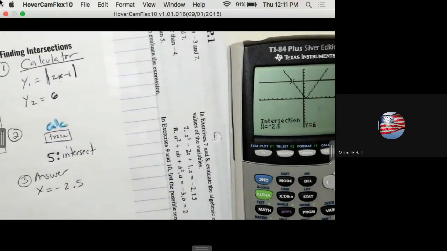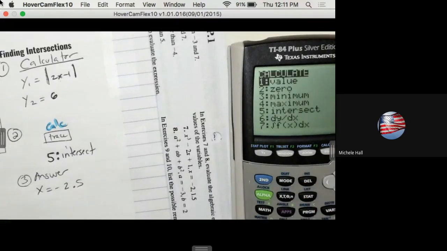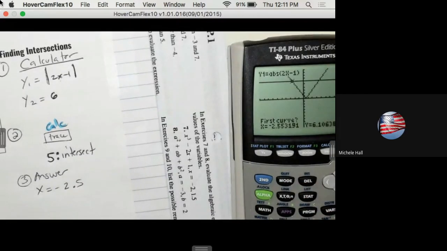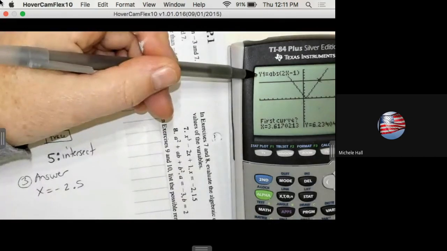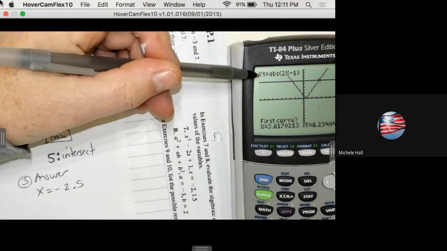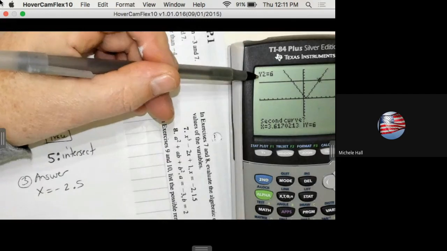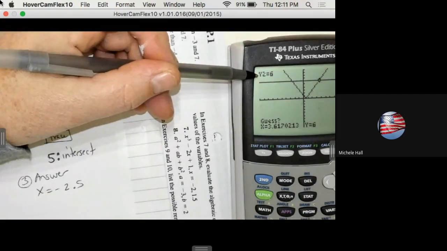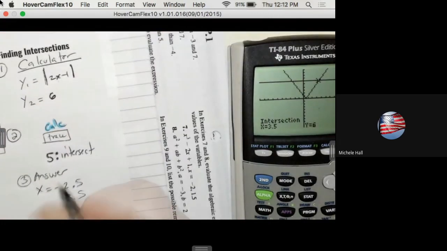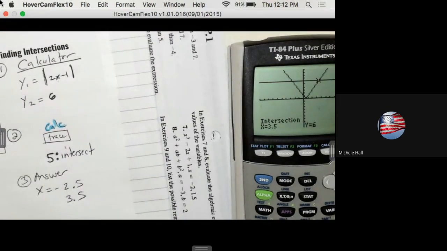And we need to do intersect again to get the other side. So intersect doesn't ask for left bound and right bound. They ask for the two functions. Calculate. Number 5. Scroll over until you get onto where they're intersecting on the right. And they're going to ask you about the two curves again. What are the two curves that you want me to find that are intersecting? Mine says absolute value at the top. You might say the other one, which is fine. I'm going to hit enter. Yes, that's the first one. And then when you hit enter, the other curve should come up. Enter, enter again, and we get 3.5. Those would be the solutions to this